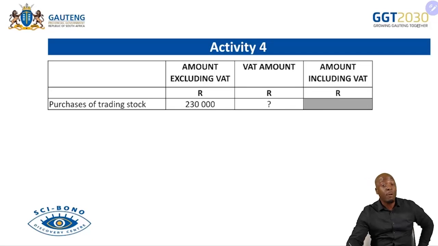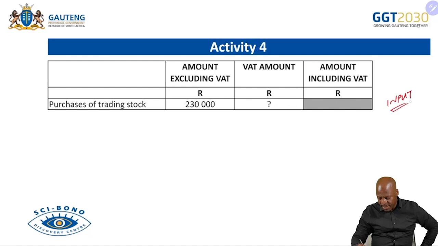Purchases of trading stock. We've purchased some trading stock. Input, output, purchases. Thank you. Answers are coming in now faster. Someone is saying purchases is input VAT. Purchases is input VAT. So what we want is the VAT. VAT is always 15, remember? Amount excluding is 100. Remember that? Thank you. Then you multiply that by